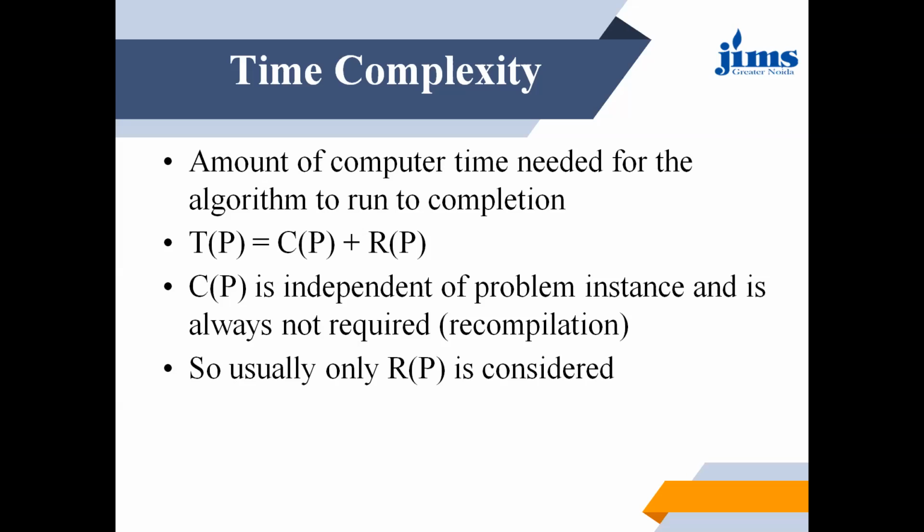Because the computer needs time, if we convert an algorithm into code, we need to compile it. Plus, the second one is R(P). So that's why we divide time complexity: T(P) equals C(P) plus R(P). C(P) means if we compile a code once, we can reuse that until we modify it. When we give an application to the user, we generally give the exe code, so there is no need to compile when the application is ready. So in the case of time complexity, we concentrate on the R(P) part, right?